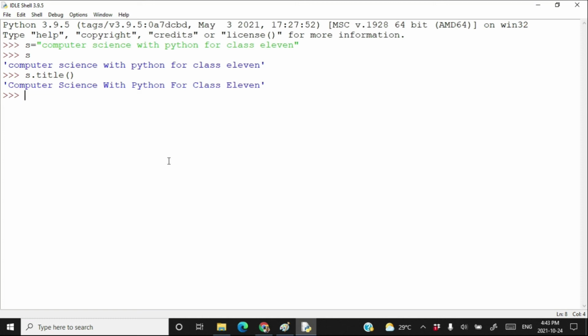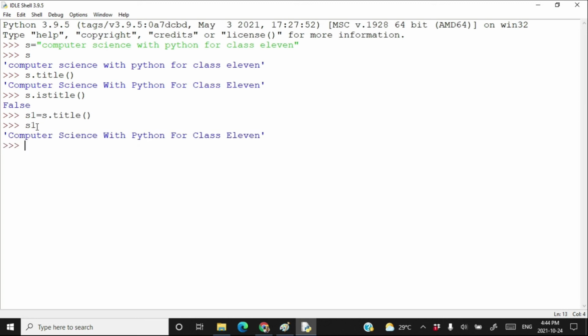The other thing is that you can check if a string is a title or not. For that you use the istitle method. For example, if I check s dot istitle, it will say false because you know that the string s is not a title. But let me create the string s1 is equal to s dot title, and type s1.